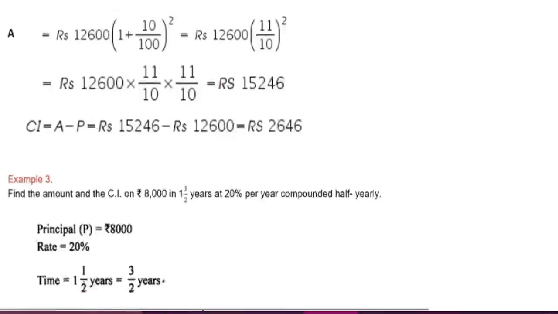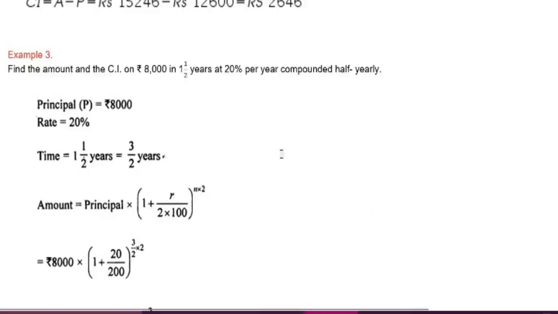Now example 3. Here also we have to find the amount and compound interest. Find the amount and compound interest on rupees 8,000 in 1 by 2 years at 20% per year compounded half yearly. Here we see the interest is calculated every half year, every 6 months. So here principal is 8,000, rate equal to 20% per year and time equal to 1 by 2, that is